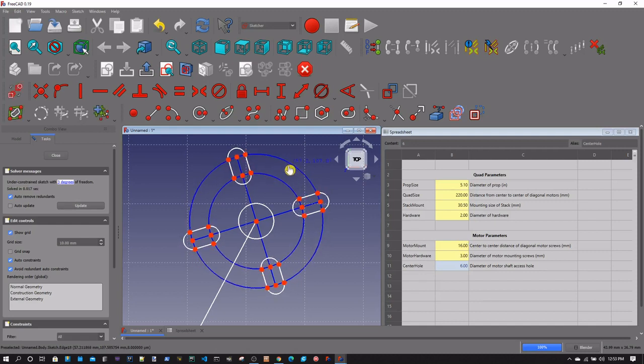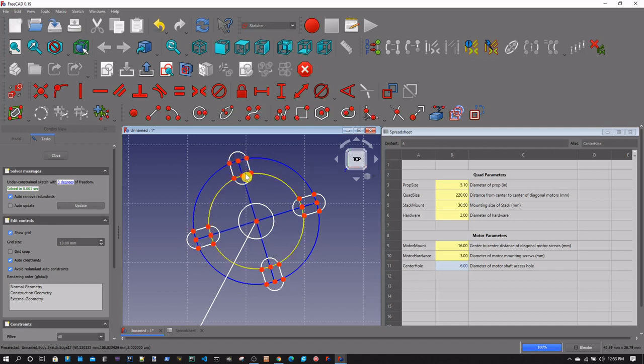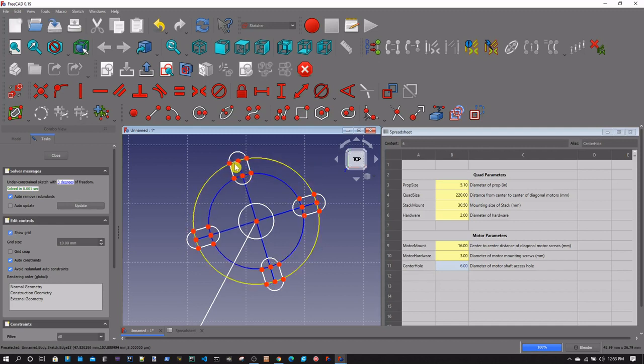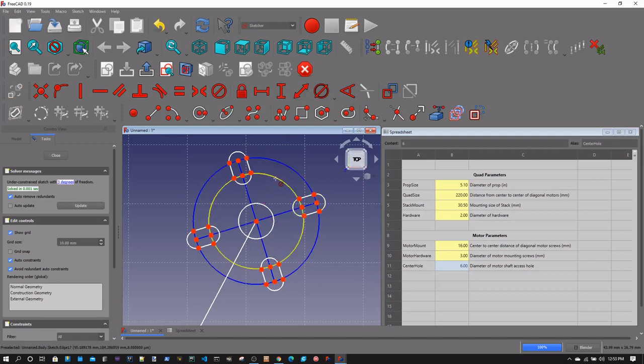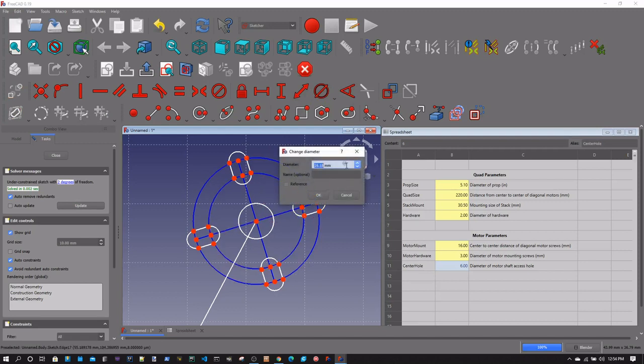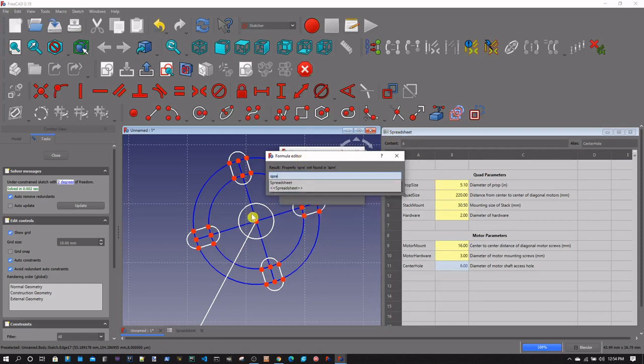So this is a little tricky because you want the size of your slots to scale with the size of your motor and the size of your motor hardware. So we're going to get a little tricky here. We're going to constrain the diameter, and we're going to do the inside circle here. And we are going to do it like this. Spreadsheet dot motor mount